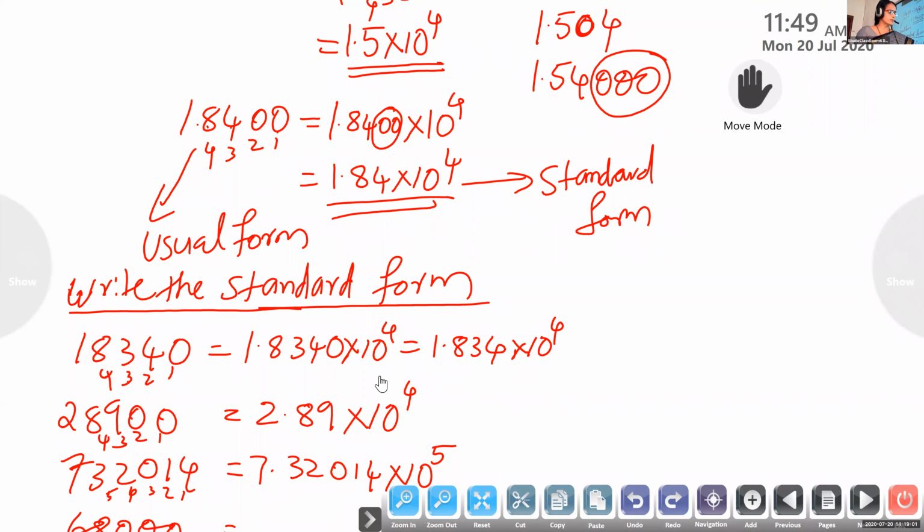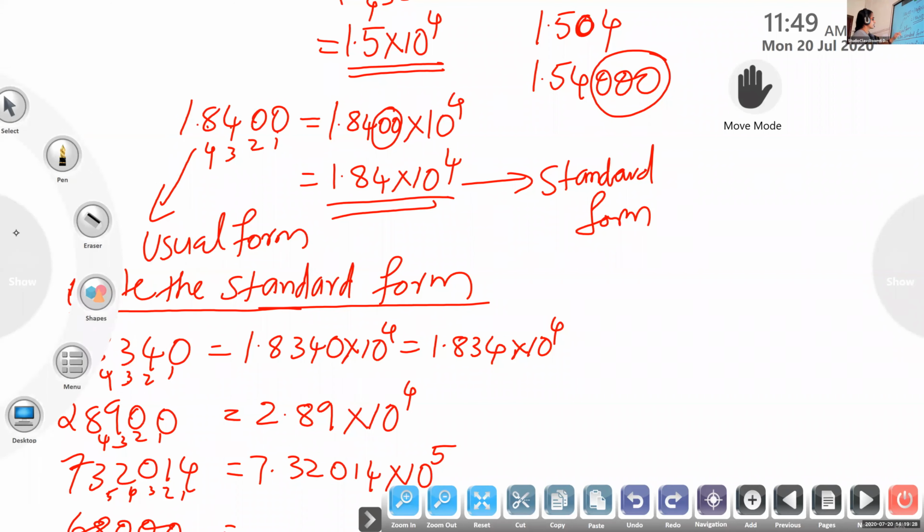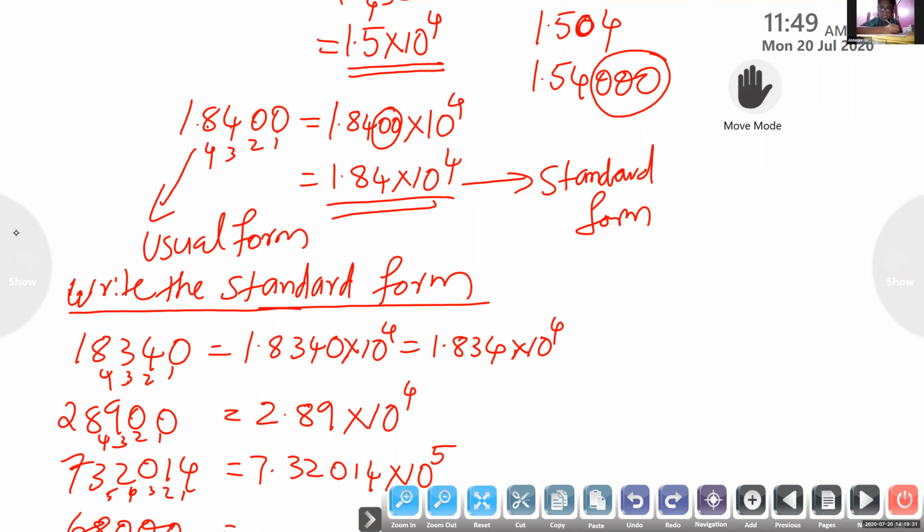Do I have speed? Yes, ma'am. I think I'm going in a slow mode, isn't it? Yes, ma'am. Okay, don't worry. I will wait for you. Ma'am, over. Abhinav, are you over? Can I move the page? Not over. Okay, you write. Others, do all other problems. Ma'am, I'm finished.